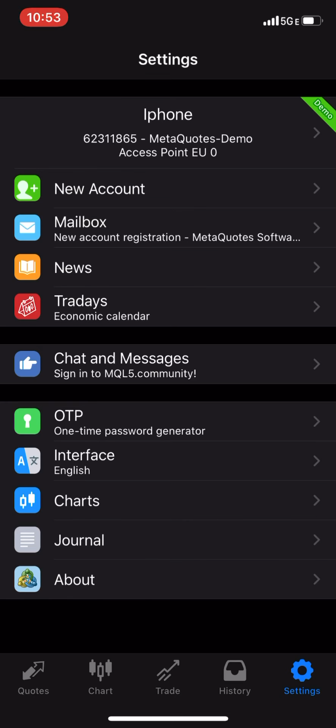Under the Settings tab, it's going to show you information about your account. It's going to show whether it is a demo practice account or a live account. You can explore all the buttons in here. The only one that I'm going to go into is the